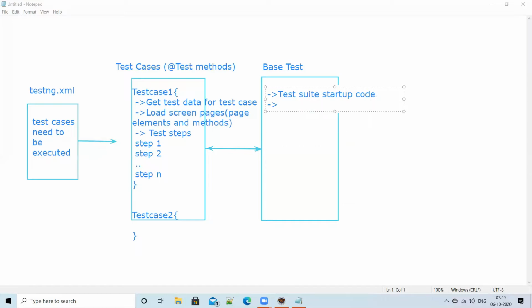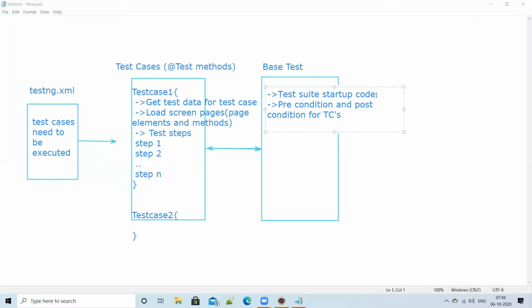Next we have before and after methods for test cases. In other words, precondition and post condition for test cases.